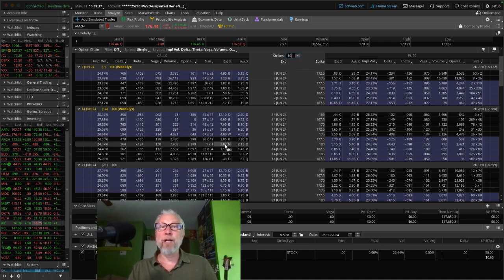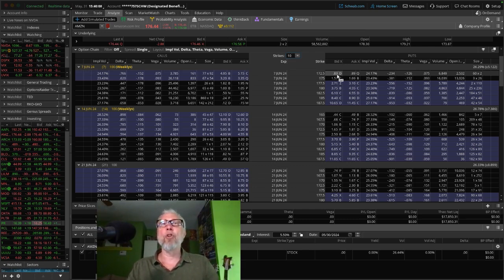Now, that could mean two puts. I could be buying this put here and selling this put here at a different strike price and a different expiration. But most commonly, it's done with calls. Specifically, buying a longer term call that's in the money and selling a shorter term call that's out of the money. A lot of people will refer to this as the poor man's covered call because basically what it is